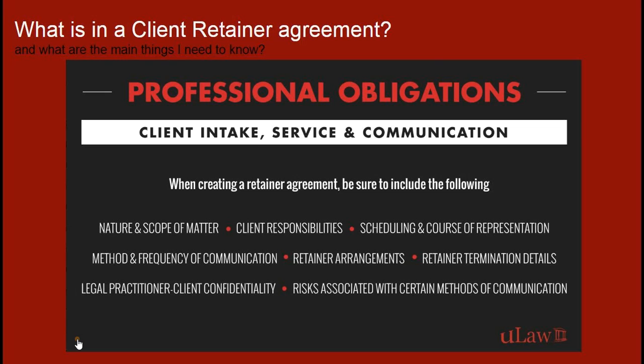Regardless whether it's a retainer or engagement, some of the aspects that we talk about that you need to consider putting into that document as a template, if you can, is ensuring that the nature and scope of the matter is well outlined. Is this a POA matter? Is this a landlord and tenant? Is this a criminal matter? Is this a divorce, a separation, accident? What is this, all right? Is it a DUI? So you really want to be able to clearly talk about the nature and scope of